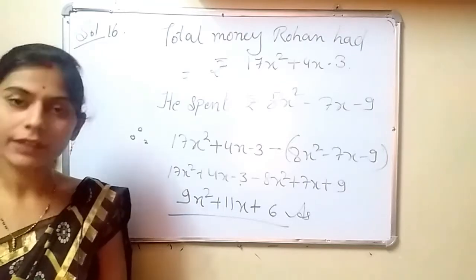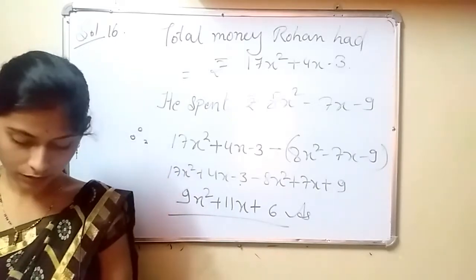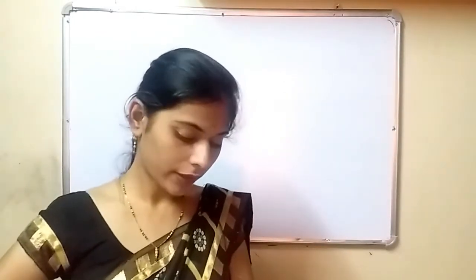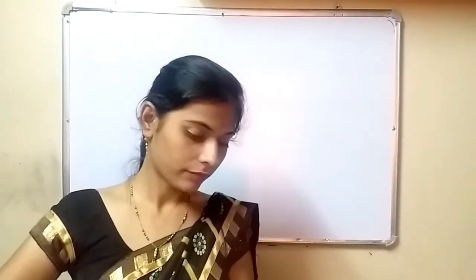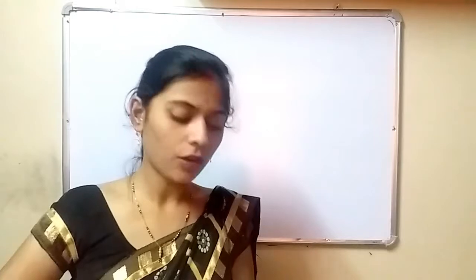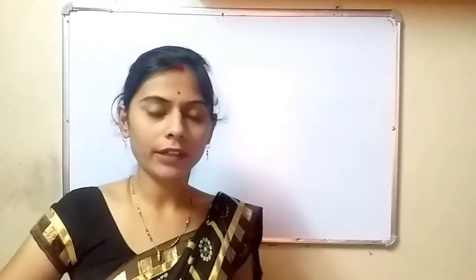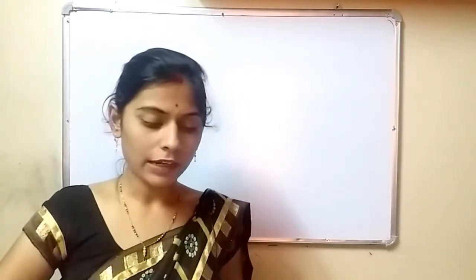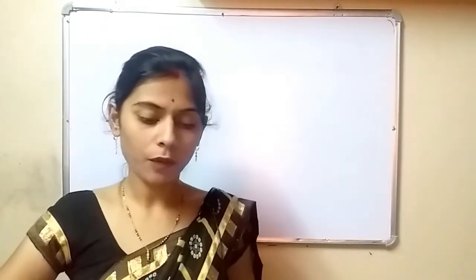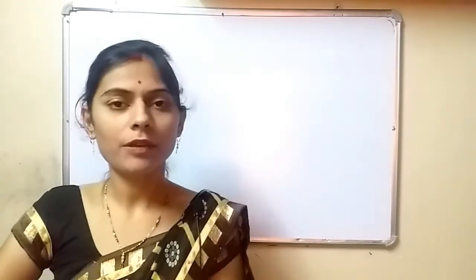Okay, now we have completed this exercise. Now the next exercise is 6E. In exercise 6E, before solving the exercise we will see some example questions. On page number 86, degree of a polynomial is given. 2a plus 3b plus c is a trinomial. If 3 terms are given, it will become a trinomial. If 2 terms are there, it will become a binomial. If one term is given, it will be a monomial.